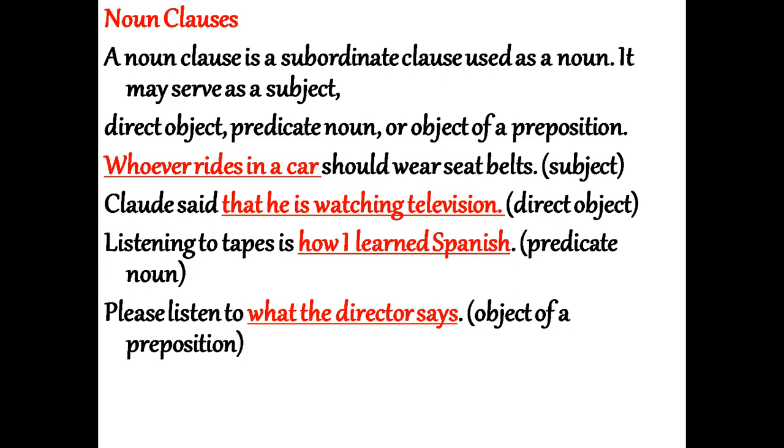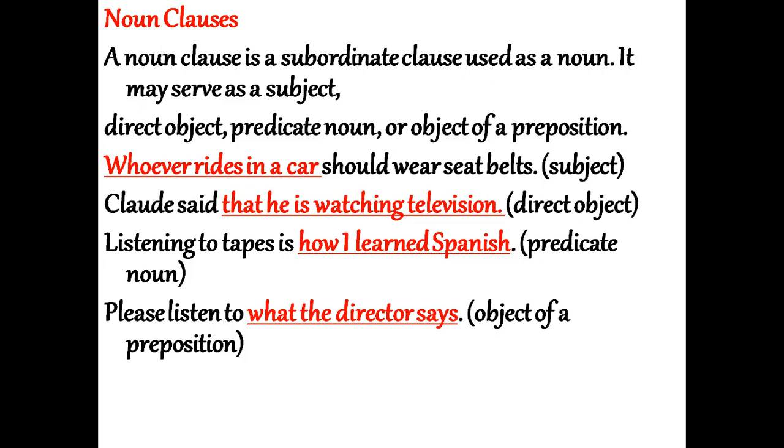Now moving to the next topic, number 2, noun clauses. A noun clause is a subordinate clause used as a noun. It may serve as a subject, direct object, predicate noun, or object of a preposition. So it can have the function of either subject or direct object or predicate noun or object of a preposition. Example: